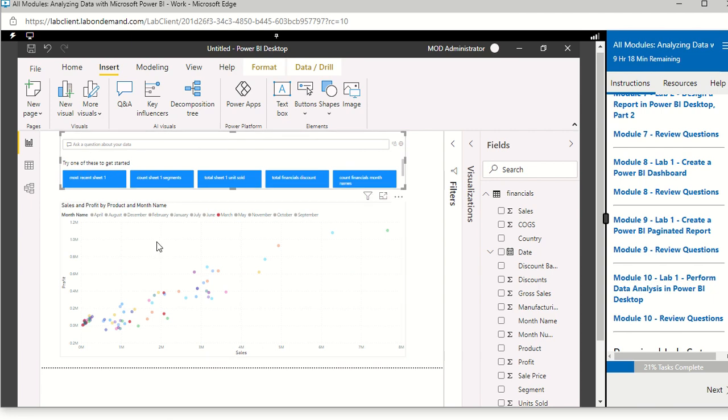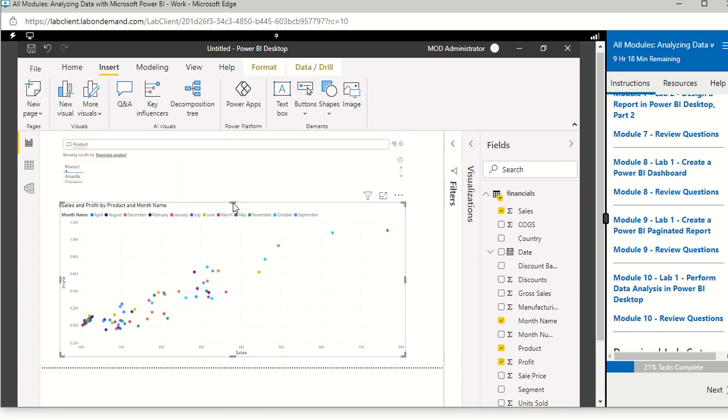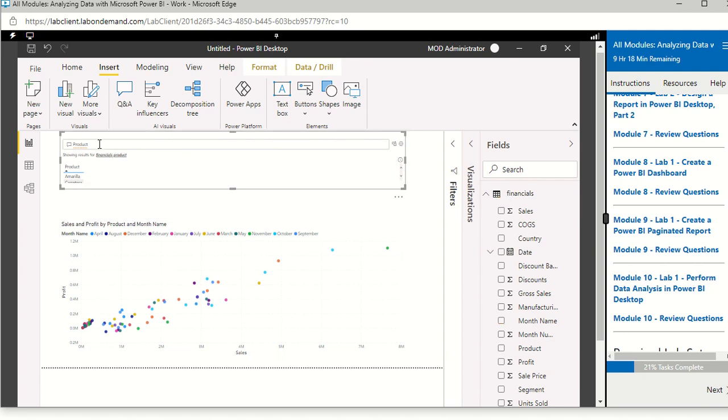So this is having information about products, about months. So if I know one of the products, or if I do not, I can write products. So as you write, it will give you suggestions. Once you write products, it's showing the list of available products, even though those products are not listed here. When you type products, immediately it sees the word product, it lists for you all the available products. So you can say products,